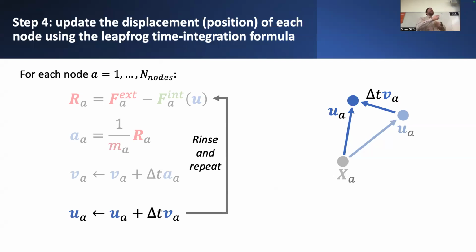And then you just rinse and repeat. It's amazing how simple this algorithm is. And the fact that it works this well and doesn't require inverting a stiffness matrix gives it a lot of nice properties. So a lot of common explicit dynamics finite element codes like LS-DYNA and a few others implement precisely